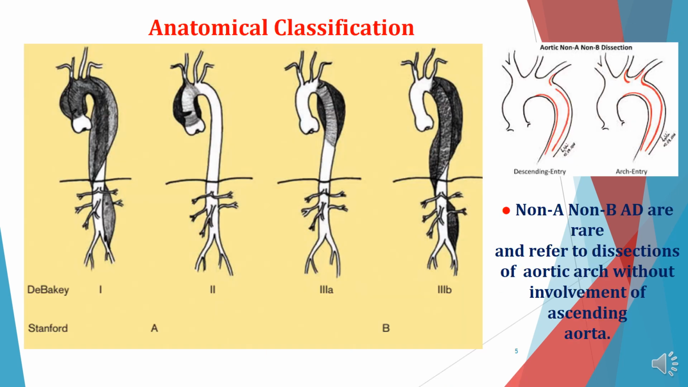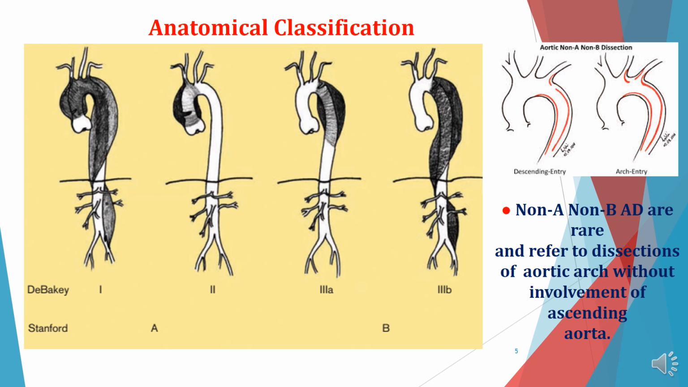Well, there are two anatomical classifications of aortic dissection: the DeBakey and Stanford classifications. In the Stanford classification, we have two categories, Stanford A and Stanford B. Whenever the tear in the aorta is in the ascending aorta, then this is Stanford type A, while if the tear is distal to the left subclavian artery, it is Stanford type B. In the DeBakey classification,